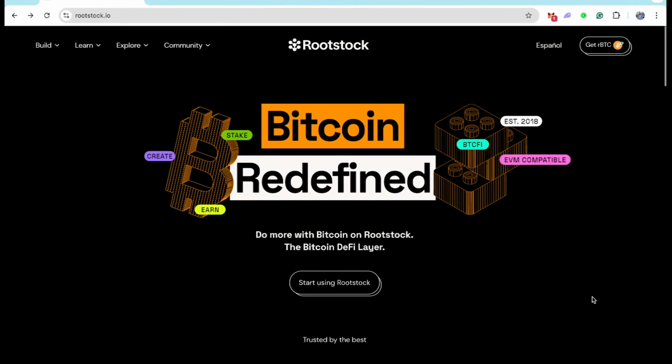In this smart contract development tutorial, we will build a token staking smart contract. We'll build an entire thing from scratch, we'll test it, and we'll deploy it on the Rootstock test network. And for those who don't know what Rootstock is, you can go to